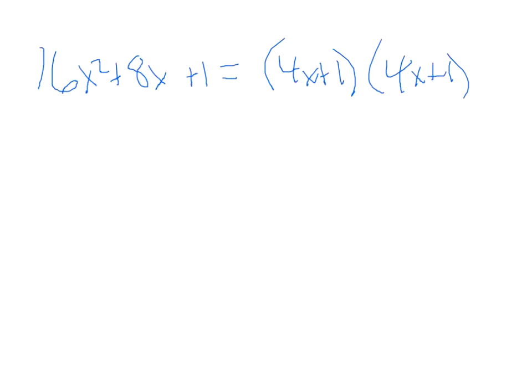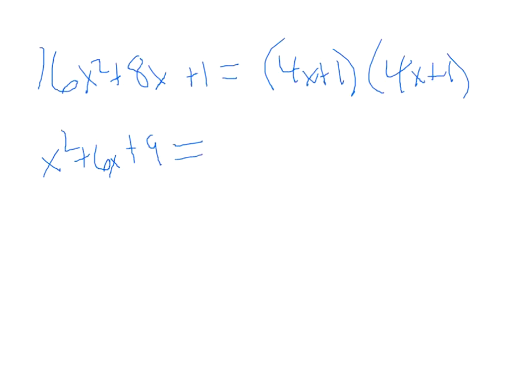So basically, this is the same pattern as the one before, except this time I used a plus between the 4x and the 1. I want you to think about why I used the plus between the 4x and the 1, when in the previous one I used the subtraction sign between the 4x and the 1. And also, if we think about the x, it wasn't x squared, but it was something similar, 6x plus 9,